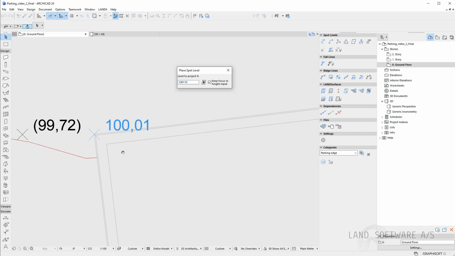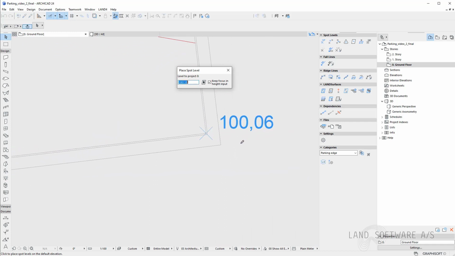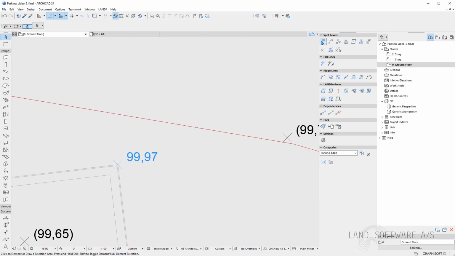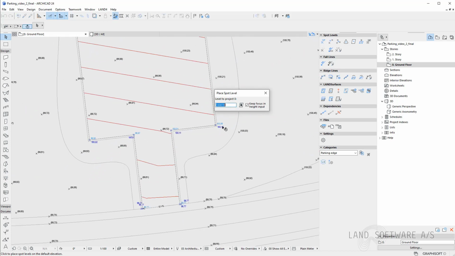And again, I can set where to place my text. And I can do the same for each spot level. Hit escape when you're done.